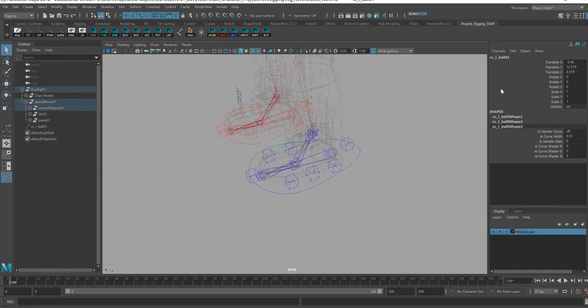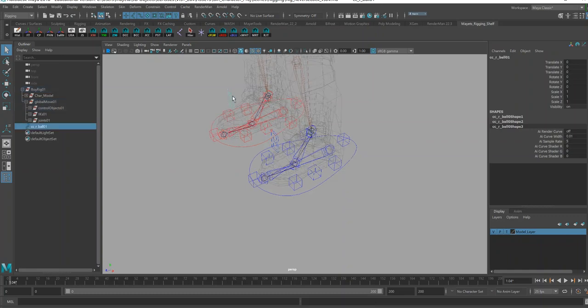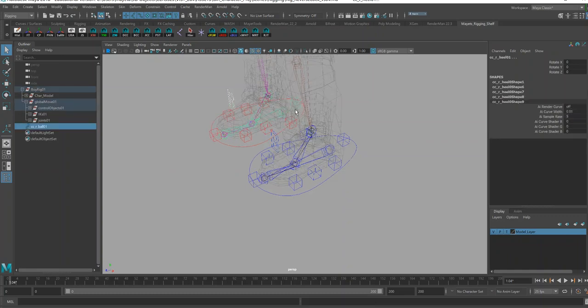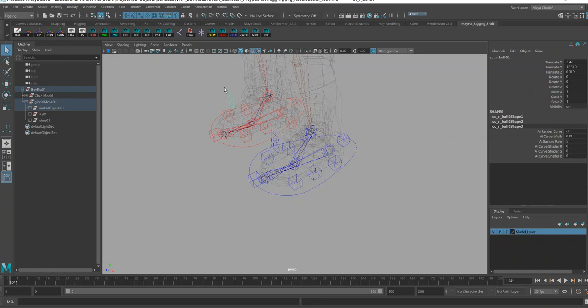All right, now it looks like our ball control, we have some values on it now. We're gonna have to freeze transformations on the ball control again, okay? All right, make sure everything's zeroed out. We might as well do this over on the right-hand side as well. P to parent and freeze transformations. We also wanna save